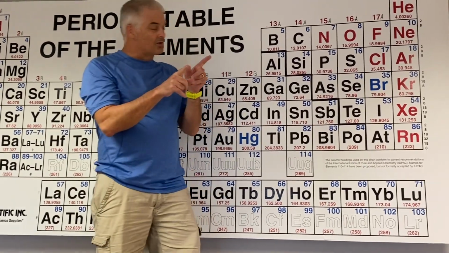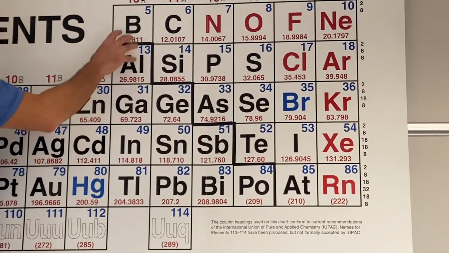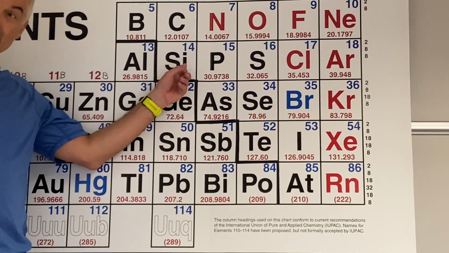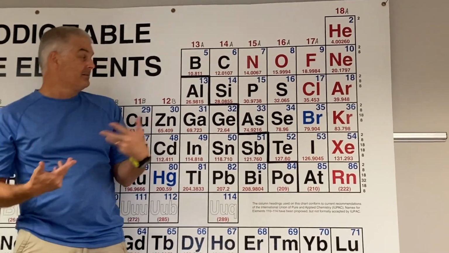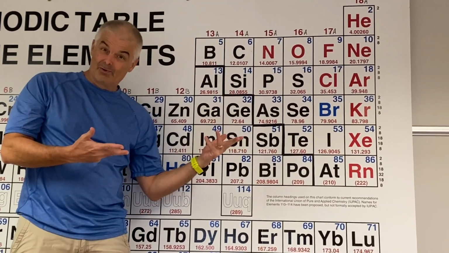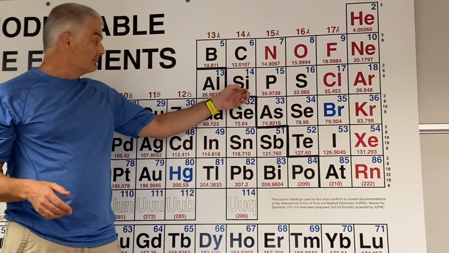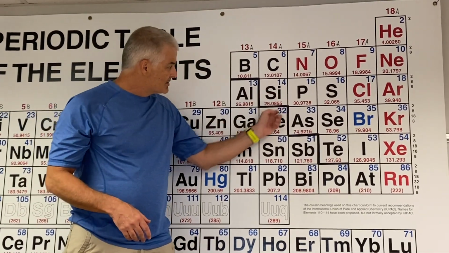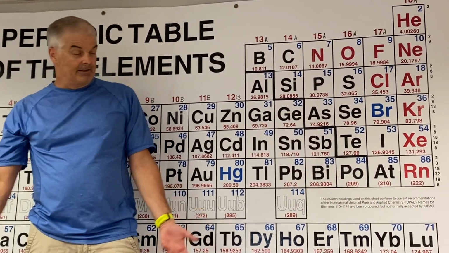The last thing I want to say is there's also a weird category of elements in between metals and non-metals. These are the ones that border the stair step. The most famous one is silicon. Silicon is in the chips of computers, and they call it a semi-metal: kind of like a metal and kind of like a non-metal. It kind of conducts electricity. Semiconductor, that's the term, the whole semiconductor industry for computer chips. Aluminum's kind of weird, it is just a metal. But the ones that border the stair step are called the semi-metals, sometimes called the metalloids, same thing.